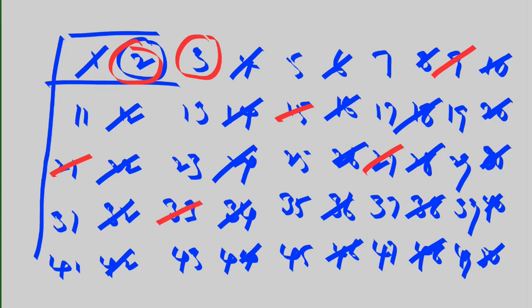3 elevens are 33, and here 3 13s are 39, and